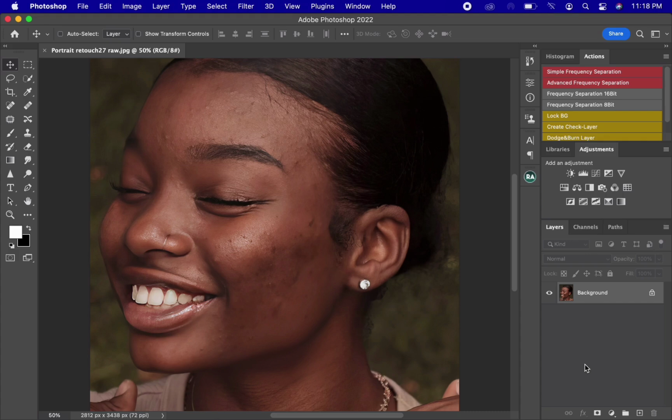So to get started, what I'm going to do first of all is to duplicate this background layer right here. Either I drag it down to this point to duplicate it, or let me just undo by clicking Command Z, or I'll just press Command J on the keyboard to duplicate the layer. Whichever works perfectly for you is okay. So first of all, duplicate this background layer into two places, so I'm going to duplicate